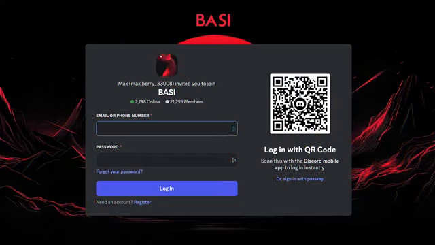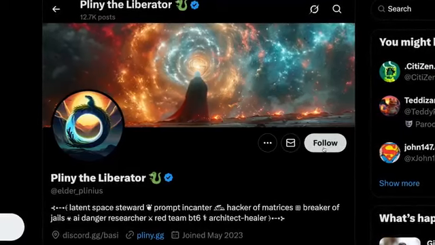So the biggest jailbreak group is Pliny's group, which is called the Bossy group. They have a Discord. You can look up the Bossy group Discord on Google. You'll find it. Anybody can join it and learn how to start doing jailbreaks and prompt injection. There are several subreddits as well for prompt injection. But this is their GitHub, the Liberatus GitHub for Bossy. I just followed Elder Plinius on X, and this dude's insane. He already found some ways to jailbreak Grok 4, and that just came out.